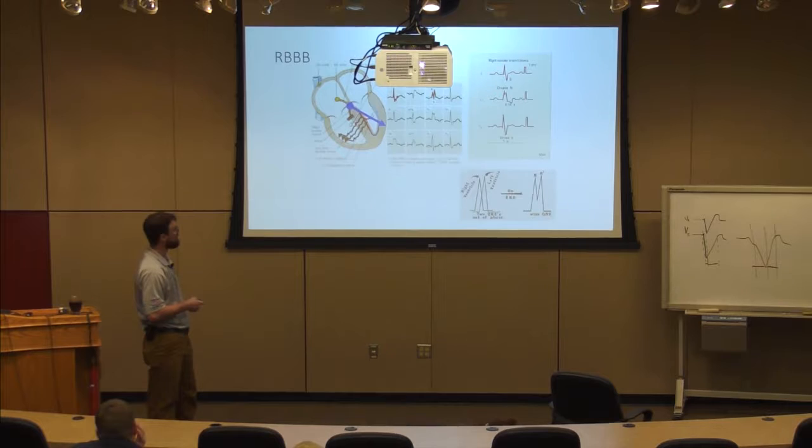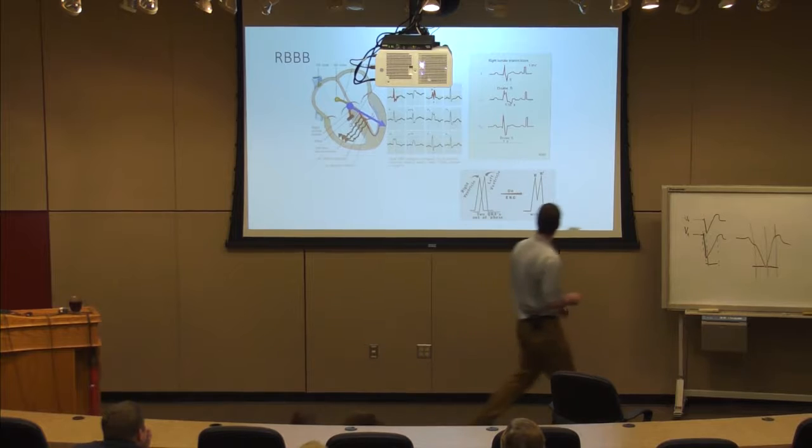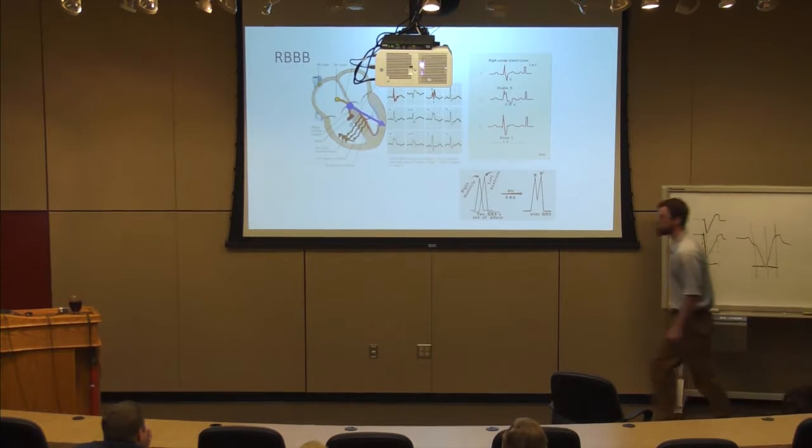When I go over and look at right bundle branch block, my supporting element is bunny ears in the precordial leads. And then I look over here at V6 and I get a triphasic QRS segment. Okay, and it's not always obvious. You don't see it really well in there. It's not always obvious, but what do I mean by triphasic?